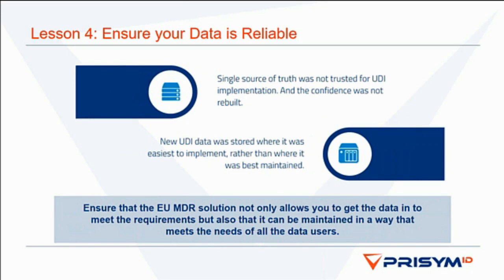Now, coming on to the fourth lesson, we need to look at your data. How reliable is that data? Some of the comments we've heard when discussing this with customers include things like, it is often wrong, so we don't use it. Or waiting for corrections that we do not control means that we cannot meet our performance targets. And there are others which result in people not storing data where it should be stored or maintaining it where it should be stored, or ending up with multiple versions of data which are then inconsistent and can cause much more significant problems.